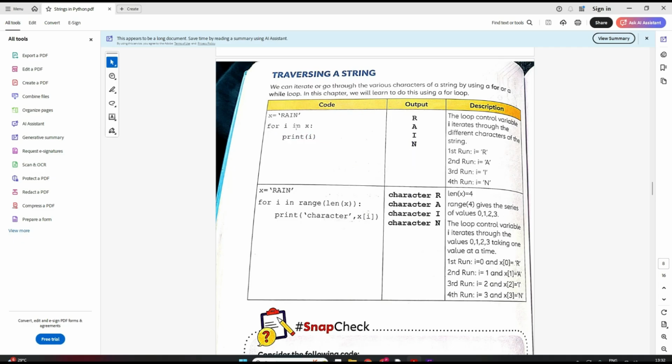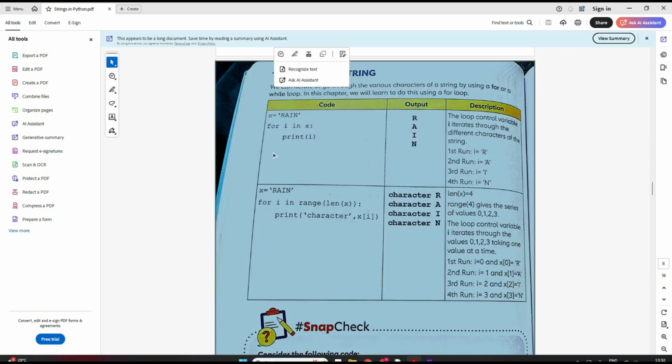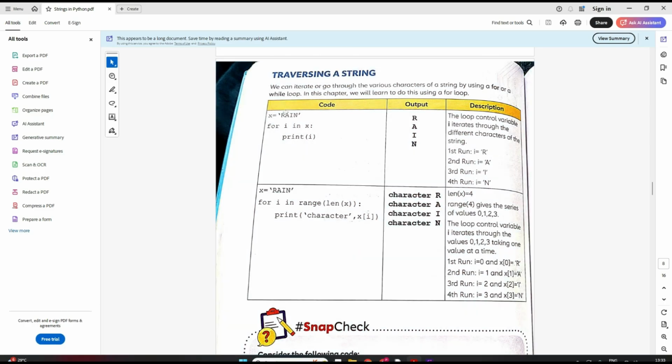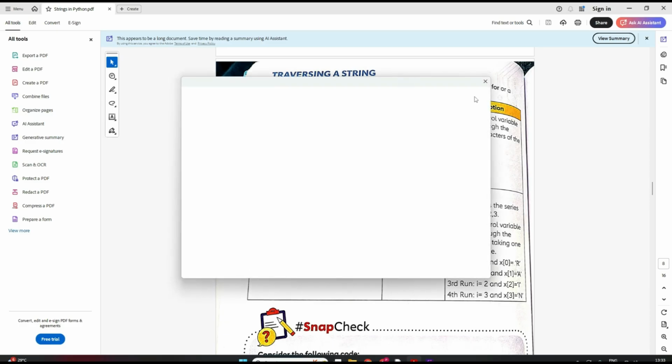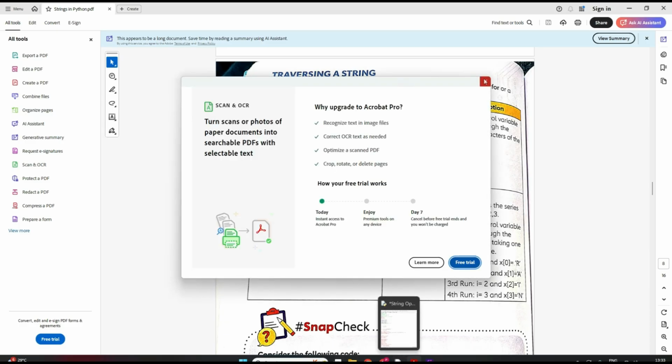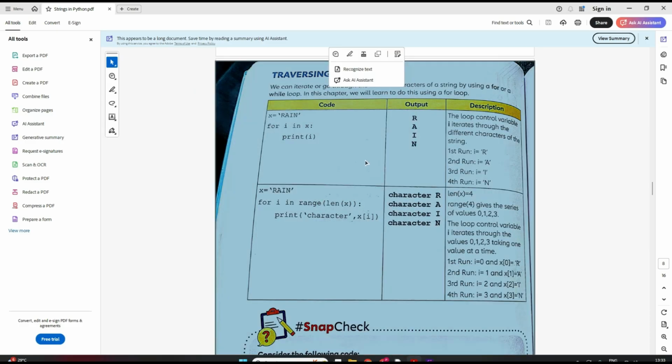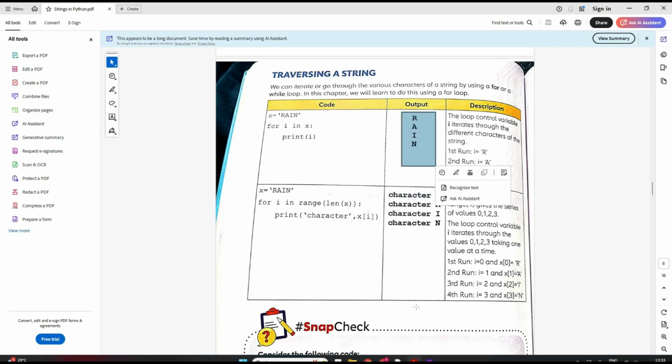So when I write this for loop, in the first run i will have the value of R, the first character. In the second run it will have the value of A. Third run it will have the value of I, and then N, and then it will print rain like this.